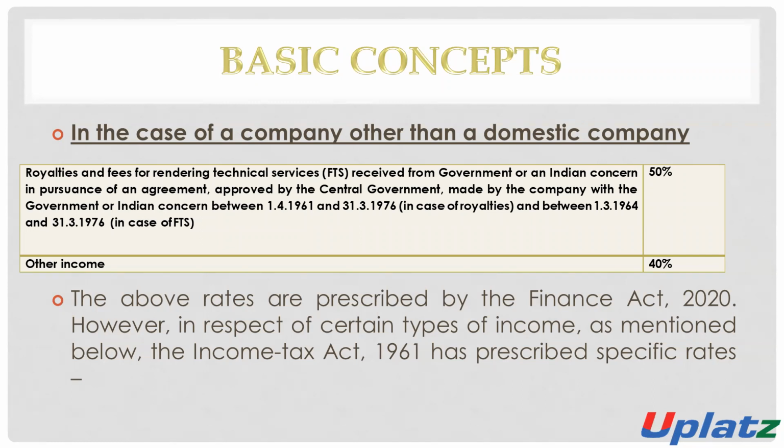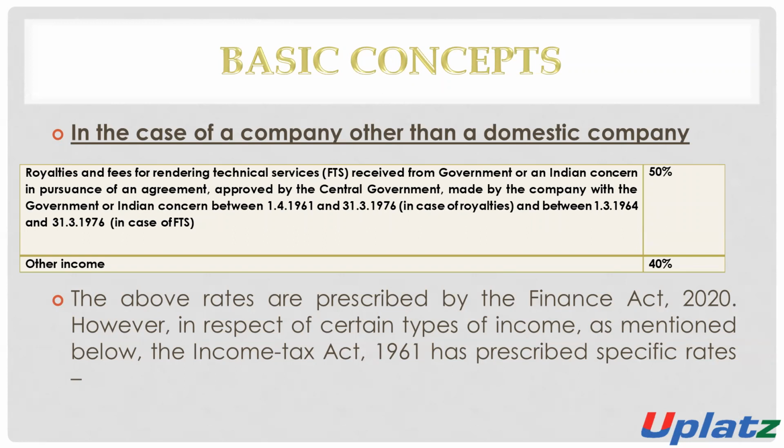If any company is receiving royalty or fees for technical services, and such income is received from the government or from any Indian concern, under an agreement approved by the central government, made by the company with the government or Indian concern between 1st April 1961 and 31st March 1976 in the case of royalty, and between 1st March 1964 and 31st March 1976 in the case of fees for rendering services,